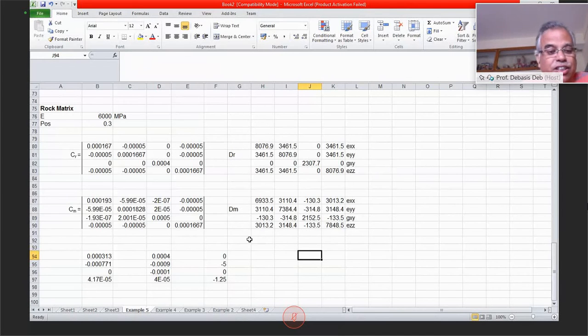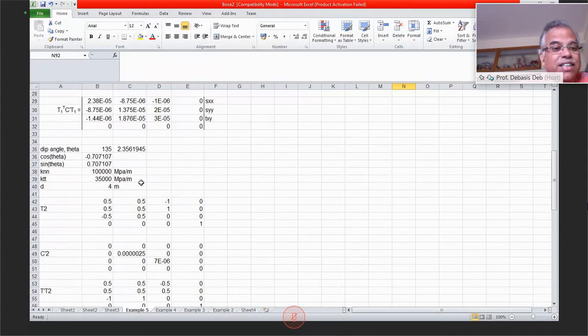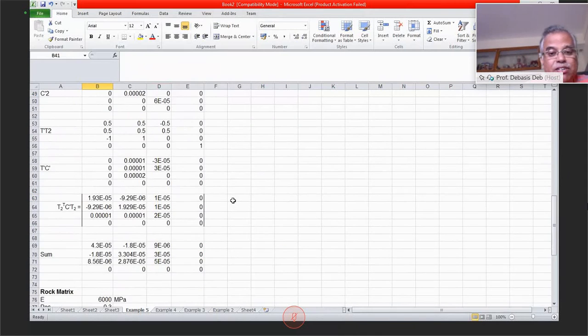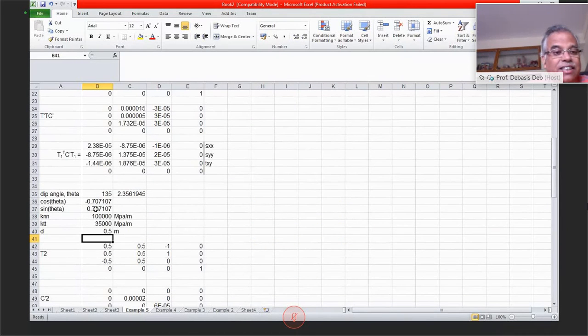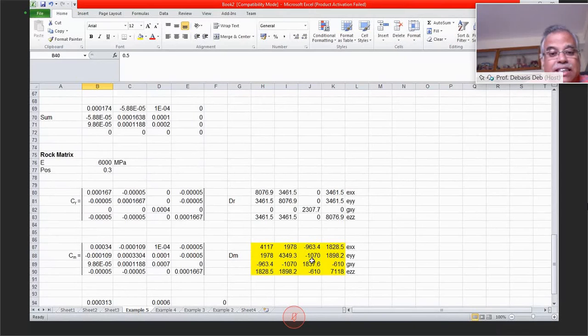Now the most important thing you are looking at here is that it's a completely anisotropic thing. Now if you change anything, let's say I make it 0.5 meter, you will see this has decreased. If I make it, let's say, 10,000 and this 5,000, then you will see how much it increases. It tremendously increases. You see how much it falls. It becomes half. So see how much the joint is affecting the constitutive matrix.